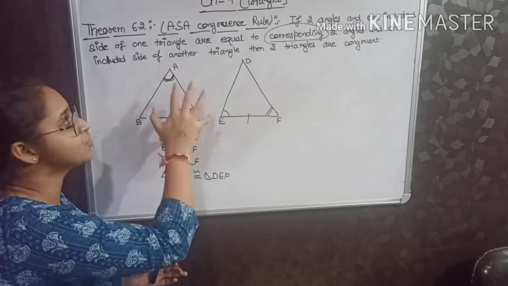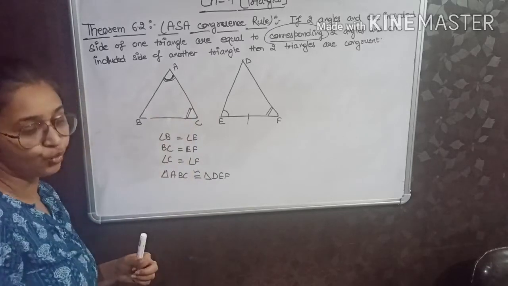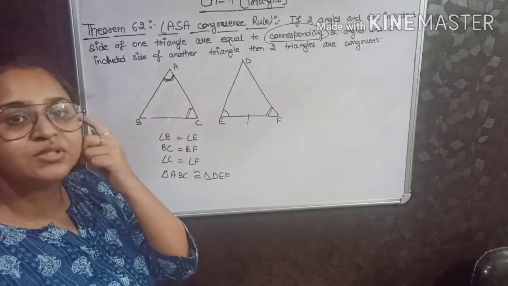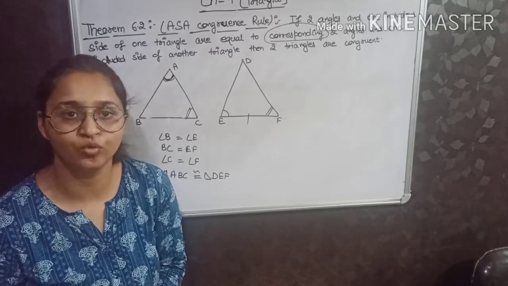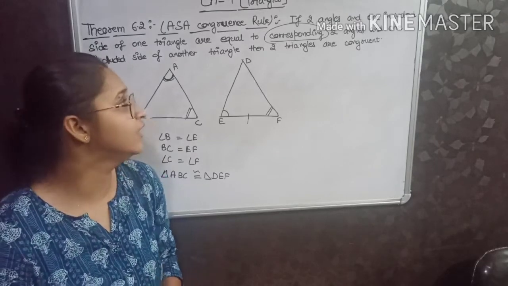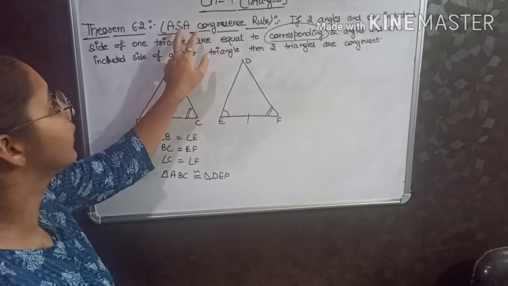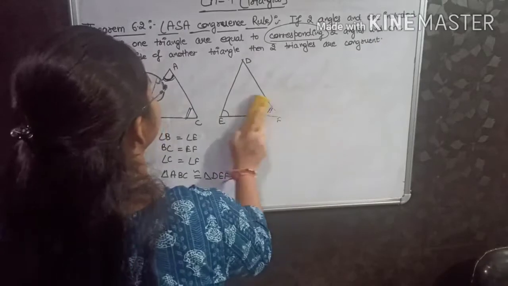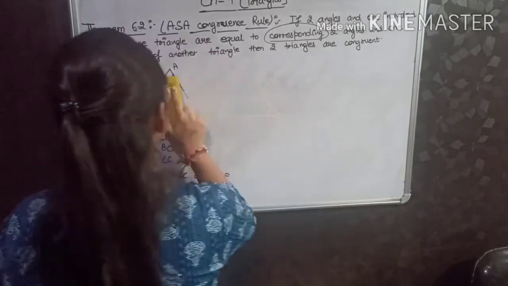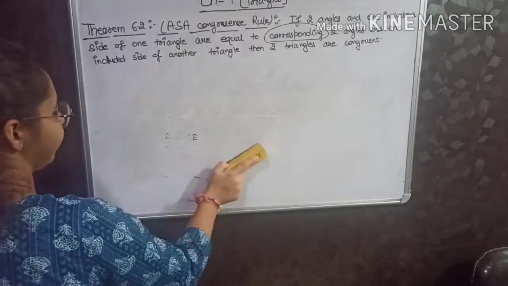Okay, so this was all about the ASA congruence rule. Now, theorem 6.1 was given and we don't have any need to prove that. But we will do the proof of theorem 6.2. Let's see how it is proved. So, for the proof,